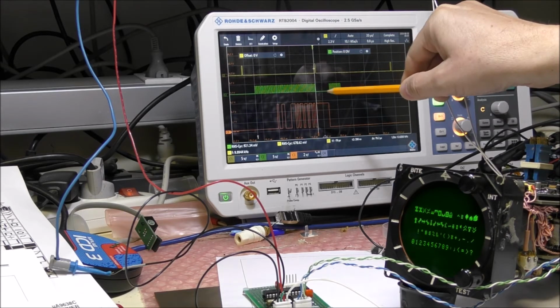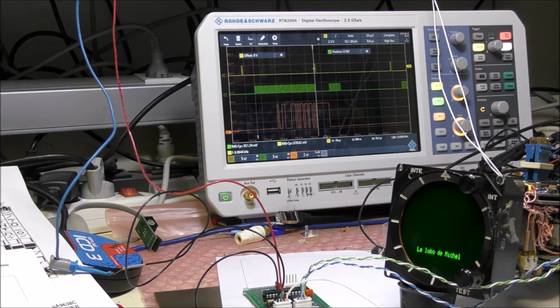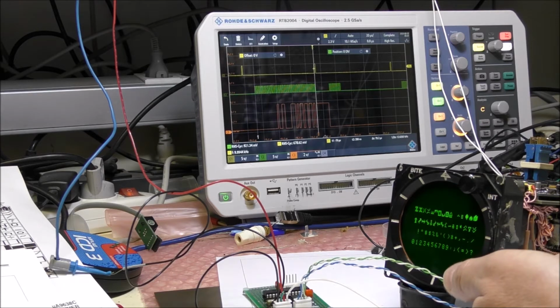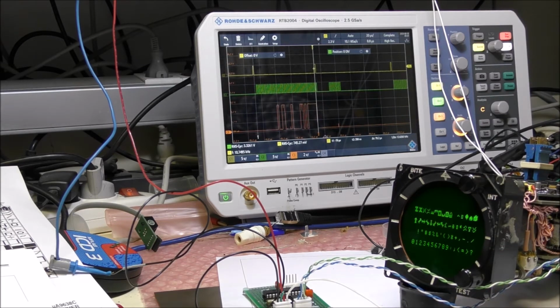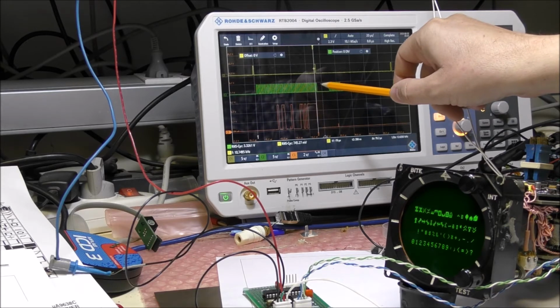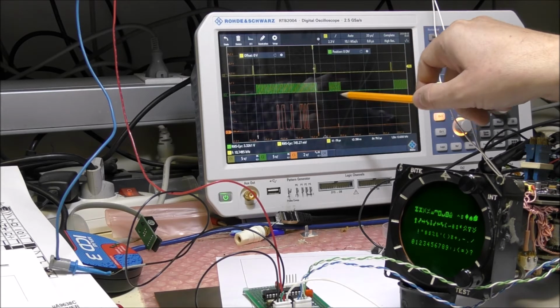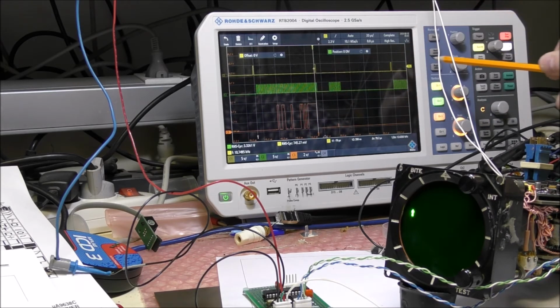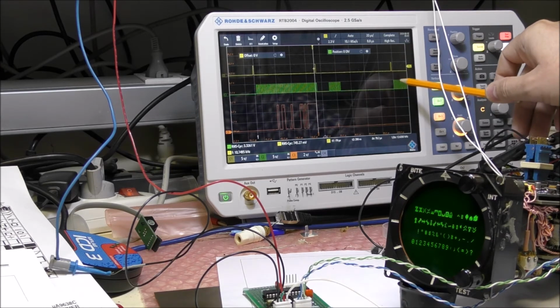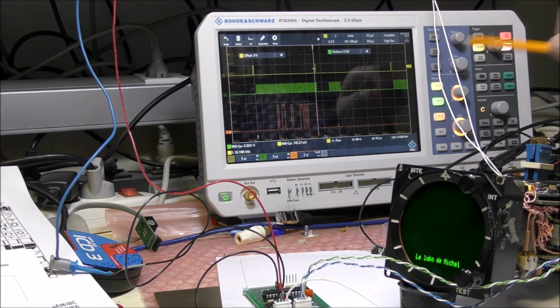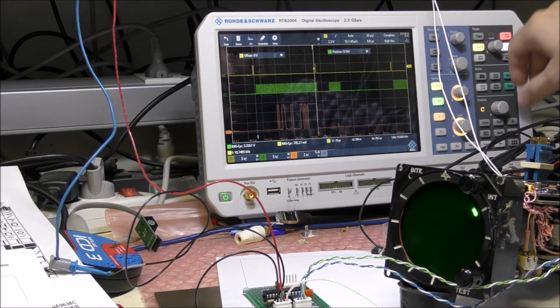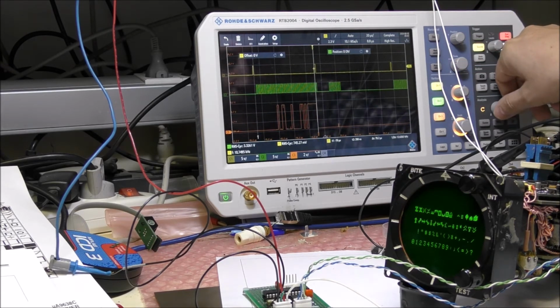You need to respect the timings. Actually, I have just seen the data in the test mode. We can use the test mode here. You can see that you have something identical. You need to have a delay from this point to this one, and after you also need to wait some time before sending new data. From one data to another one, we can measure. It is this time here.